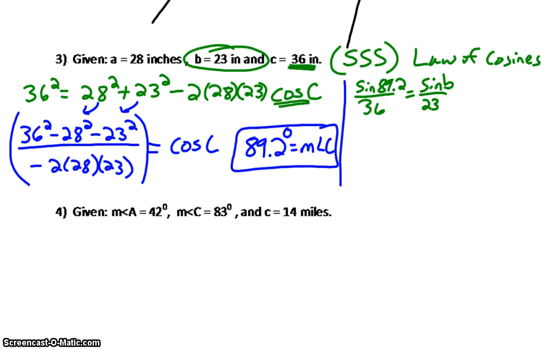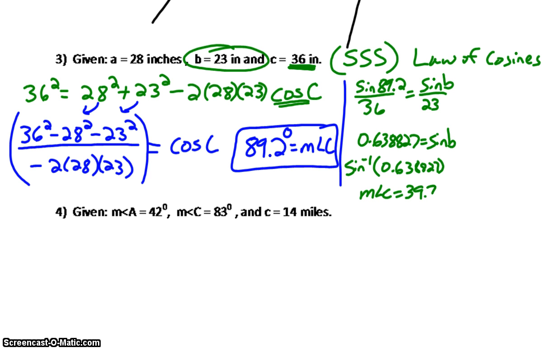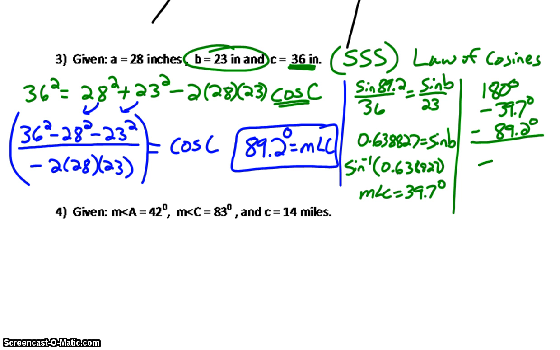And when I work this out, I end up with 0.638827 equals sine B. So once I do my sine inverse on this value, I get the following answer, that the measure of angle B equals 39.7 degrees. All I need to do is take 180 degrees, subtract that 39.7 degrees, subtract my earlier one of 89.2 degrees, and I end up with 51